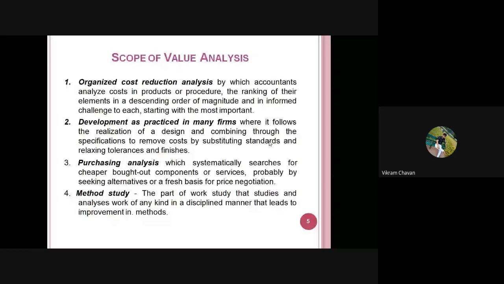accountants analyze costs in products or procedures, the ranking of their elements in a descending order of magnitude, and in